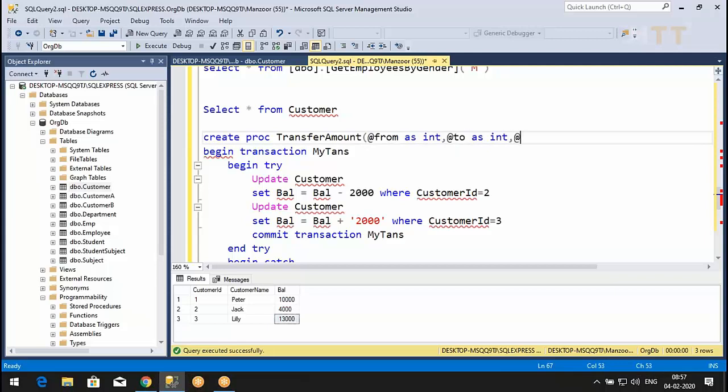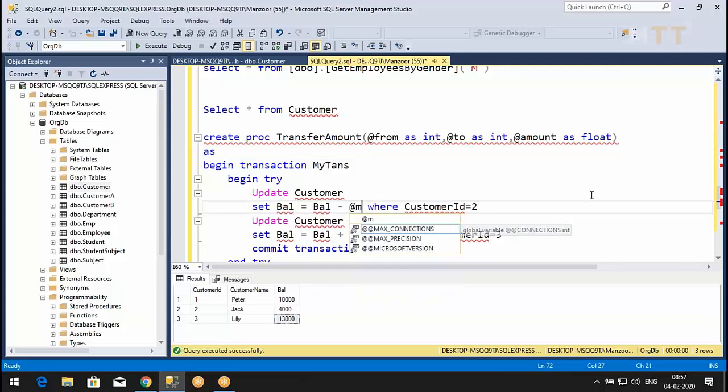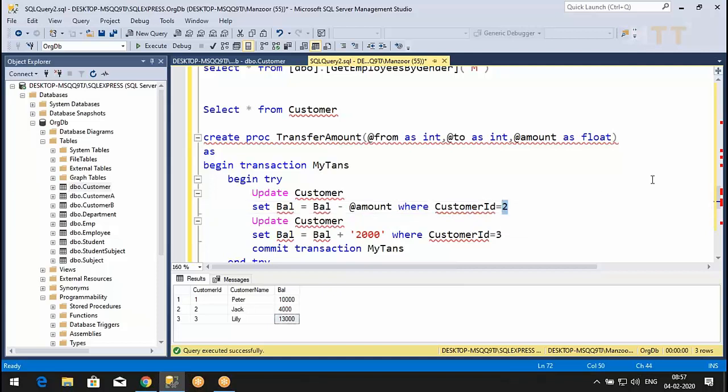You'll understand. @amount as float. We are making it generic now. Update customer set balance equals balance minus @amount where customer ID equals @from.